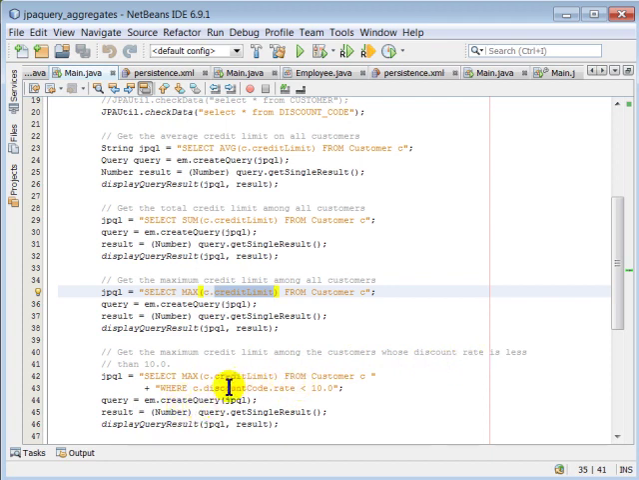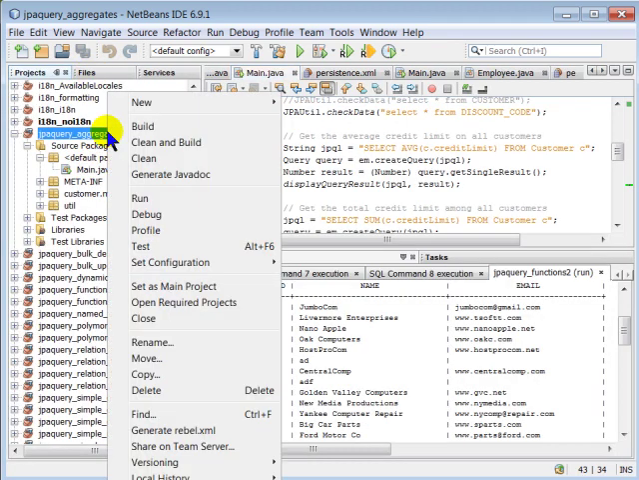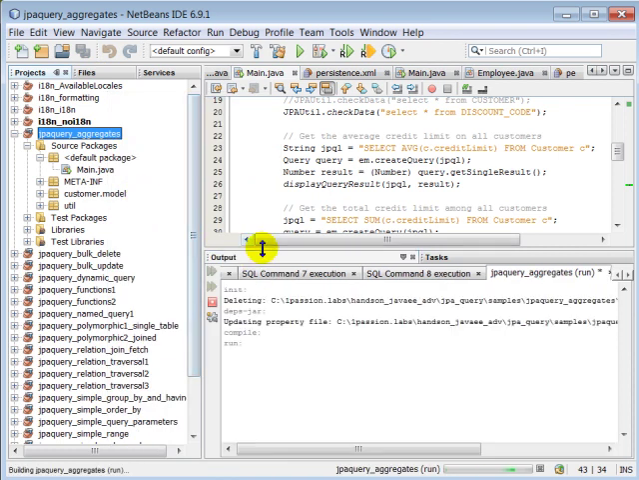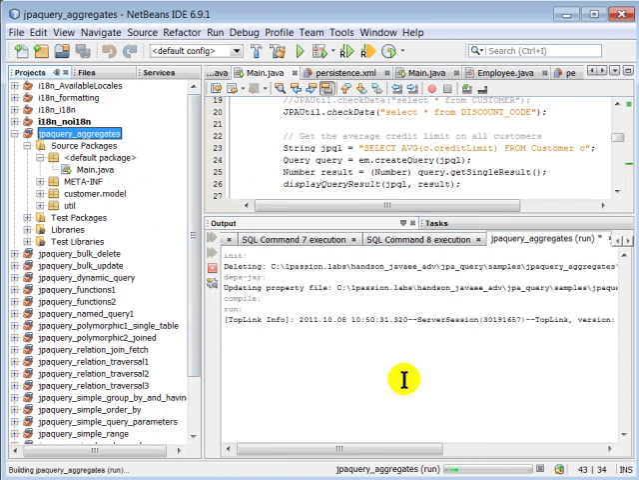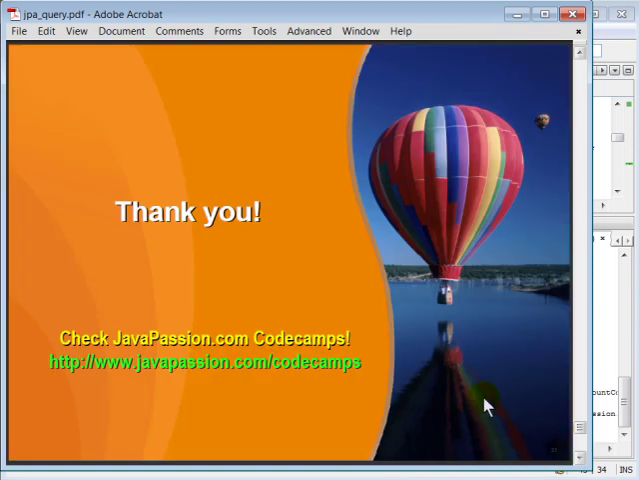So we are using the where conditional clause. Again, it's relatively straightforward. So as expected. Okay, so I think I'm done. All right, so let me just